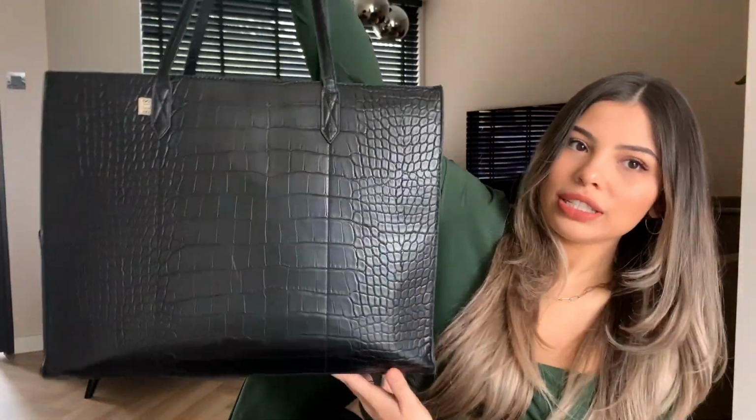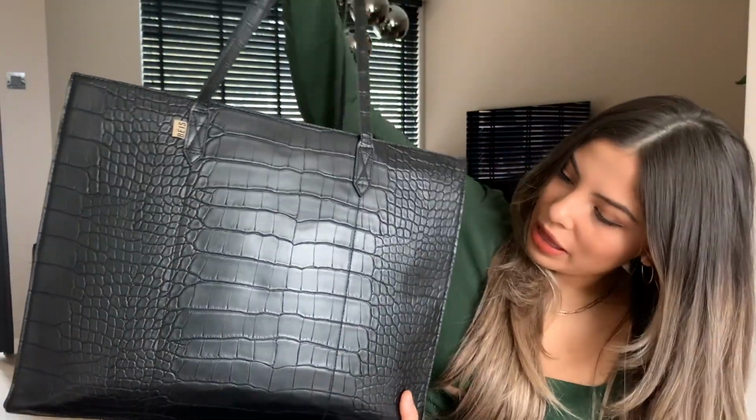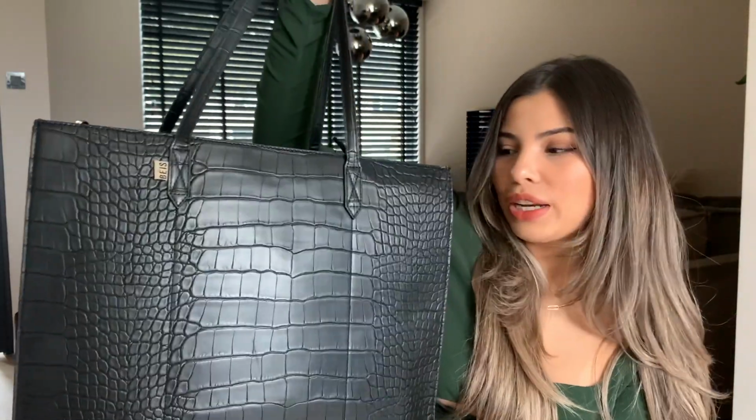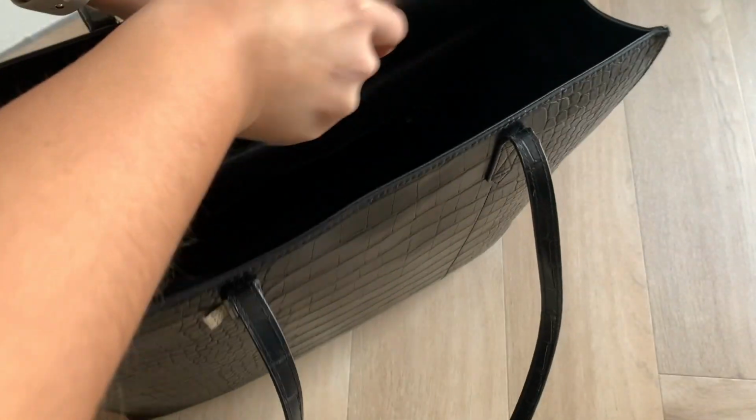It's just so pretty. So I absolutely love this bag. Sorry for cursing, pardon my French, but first of all, just look how pretty it looks, right? I feel like I made a couple of dents here because I use it too much, but it's just so pretty. A feature I love most about this bag is the laptop pad right here,